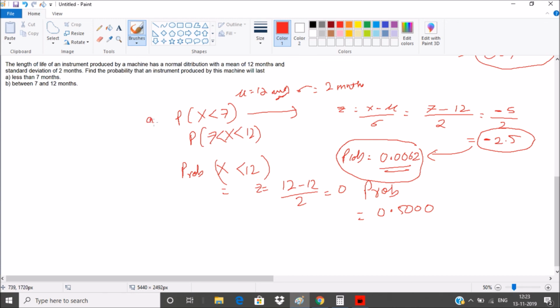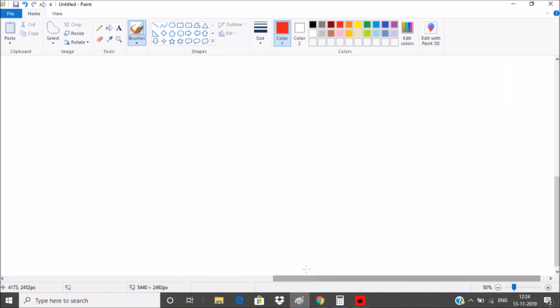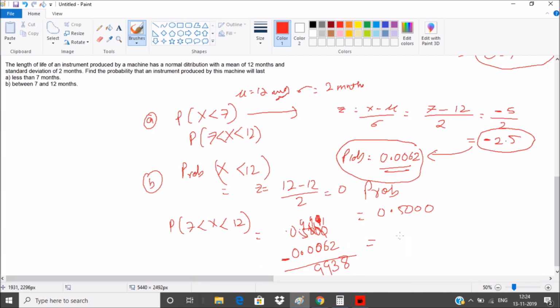And if you want to find out the probability that 7 is less than x and x is less than 12, then the probability comes out to be 0.5000 minus 0.0062, right? So the value that we got is 0.9938,